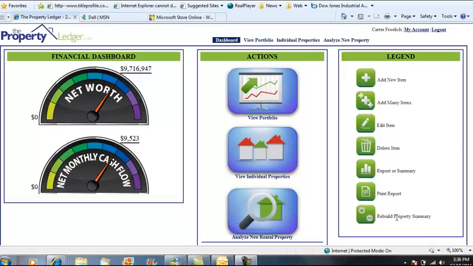The dashboard provides an indication as to what the equity in your real estate portfolio will be upon the payoff of your last mortgage of the property you hold in your portfolio, as well as what your net monthly cash flow will be once that last mortgage is paid off. So these are very important numbers to you and really provide your why as to why you're investing in real estate. So let's jump into today's topic, and because we are analyzing a new rental property,